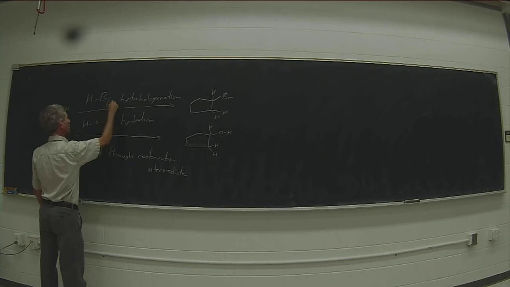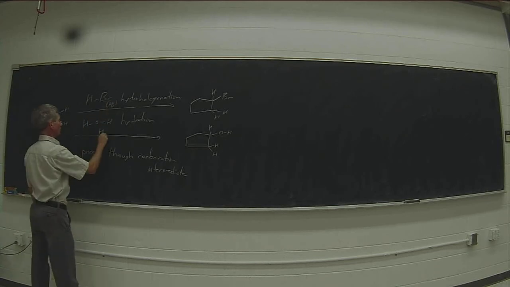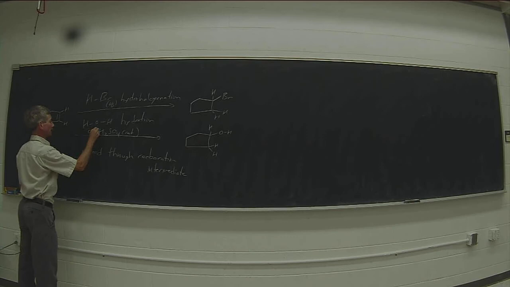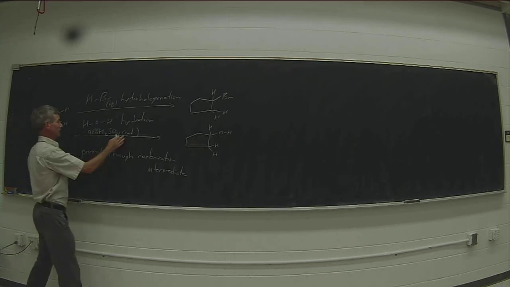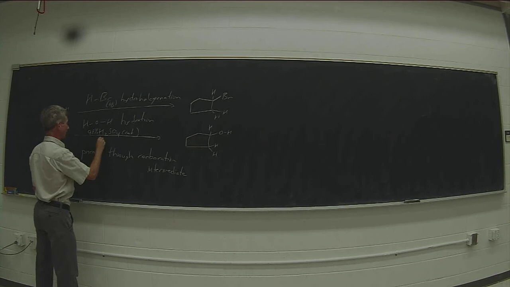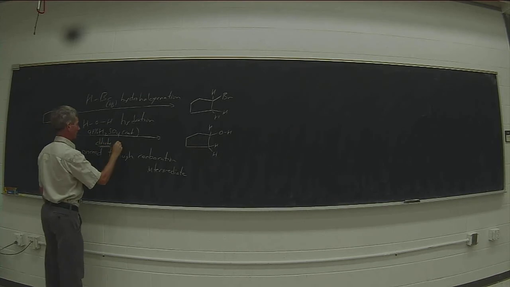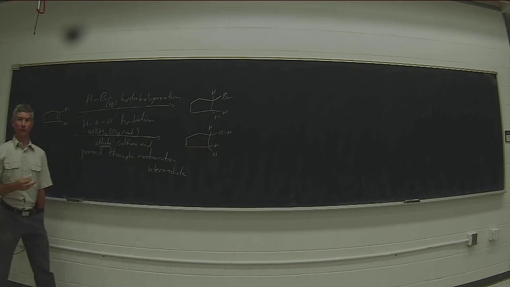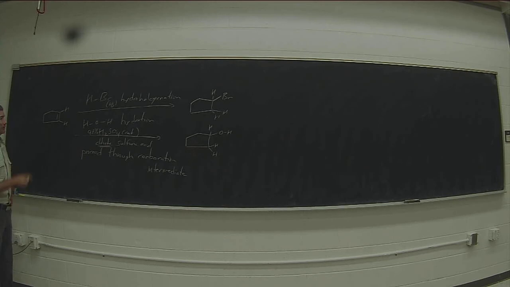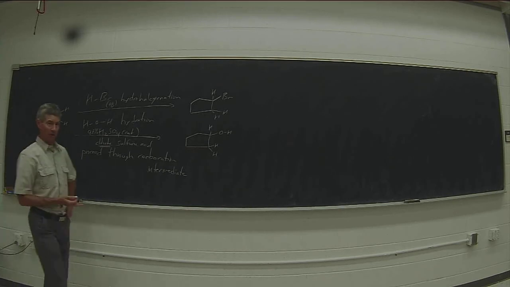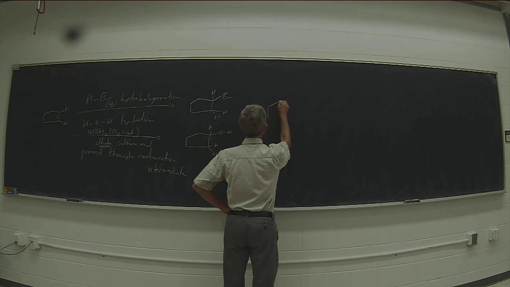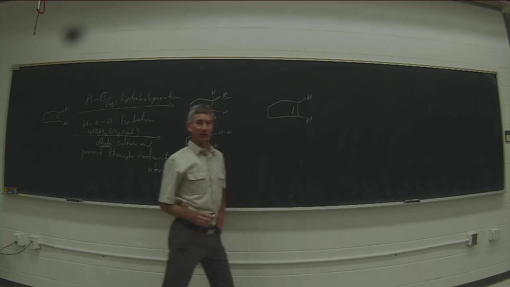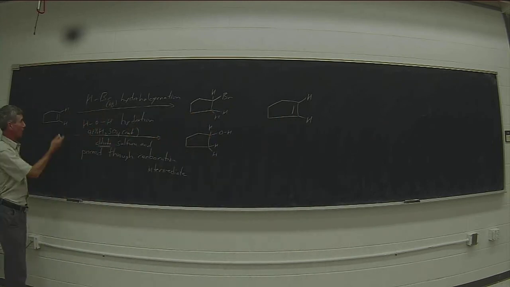So if we have aqueous hydrogen bromide, for example, or water with catalytic 98% sulfuric acid or dilute sulfuric acid, generally not more than 3 to 6 molar, we can effect these reactions. The mechanism is fairly simple, and it's effectively the reverse of the dehydration of alcohols,